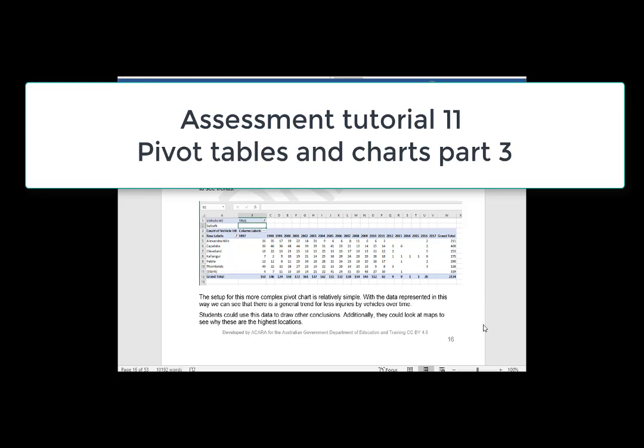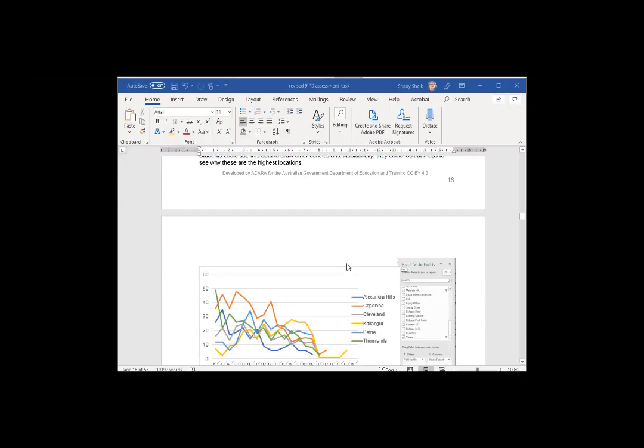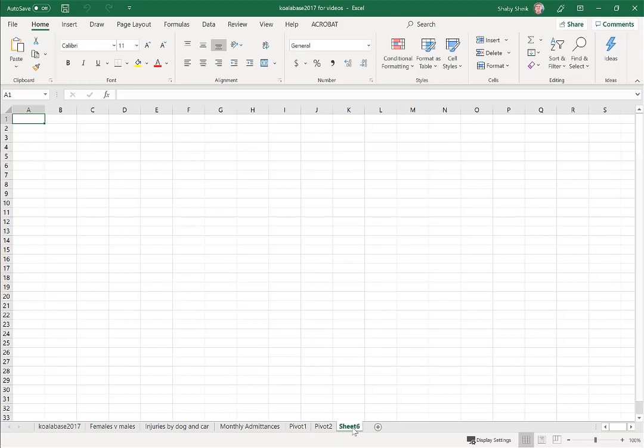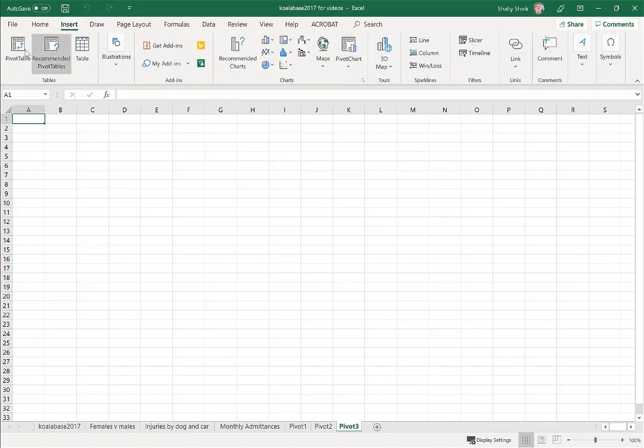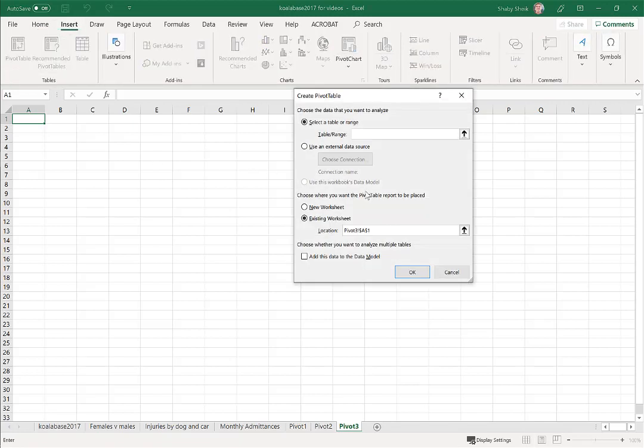We're going to create a pivot chart straight away, and it will look a little bit like this when we're finished. So let's get into it. I'm going to create a new worksheet, and my sheet I'm going to rename Pivot 3. I'm going to insert a pivot table, and the range is going to be from my koala base 2017,